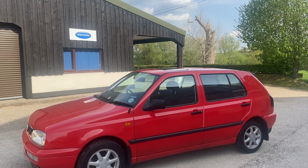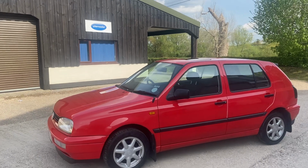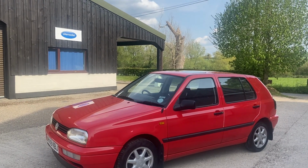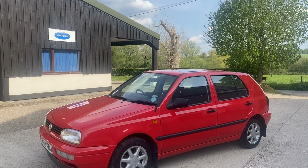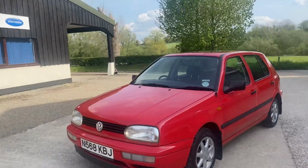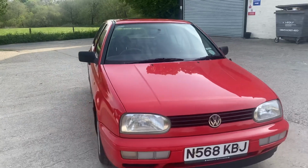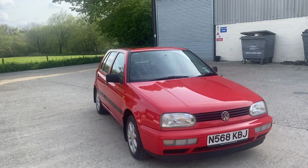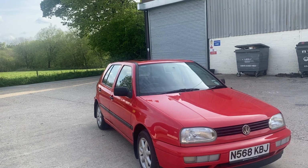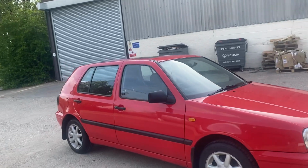I think you'll be very impressed with this one because it really has, well, they use that term time warp condition. I mean, it's not quite like a brand new car, but it has got a certain freshness to it. Certainly inside, it's just, well, it's been very, very well kept. It comes with 2 keys, all its paperwork, and she is ready to go. Well, folks, that's just coming up to 11 minutes worth of conversation on this lovely little Golf Driver 1.8 from 1995, just 33,000 miles, and she is in stock